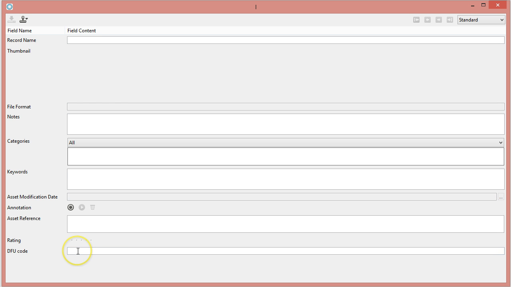What the user will do is they will add some metadata no matter what, and I can say test 1, but the most important thing is we will search for